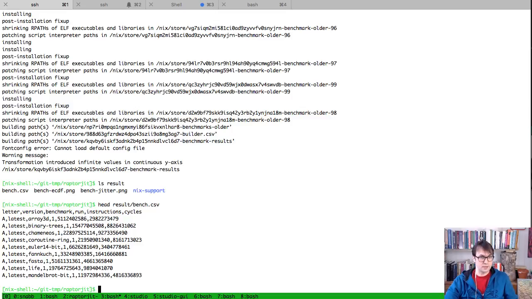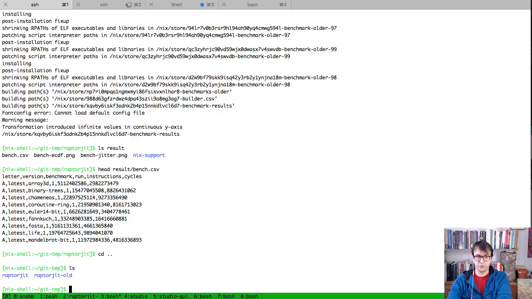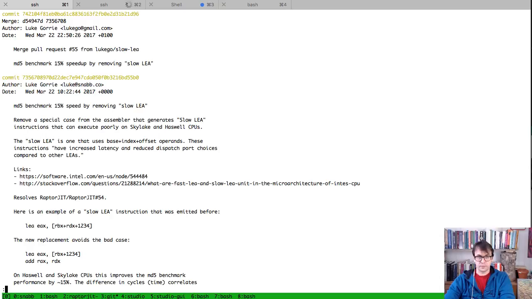So first, let's see how many changes there were in here. So I actually currently have a little temporary directory here with both versions checked out separately. So if I go into the old version here and I say, what version was that? Okay, so the one that I picked as the old version is this commit here,